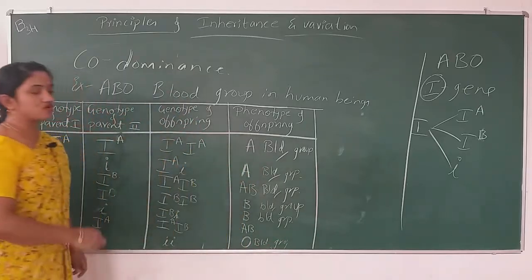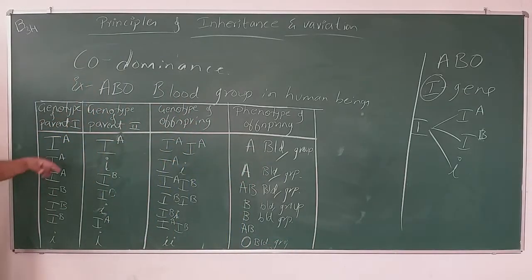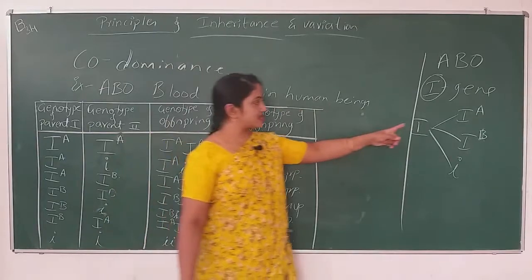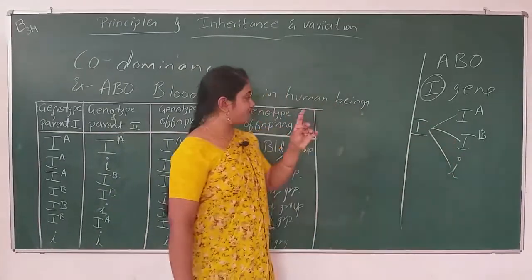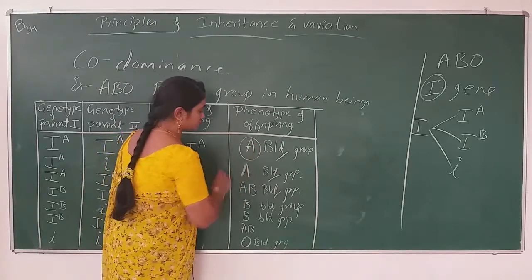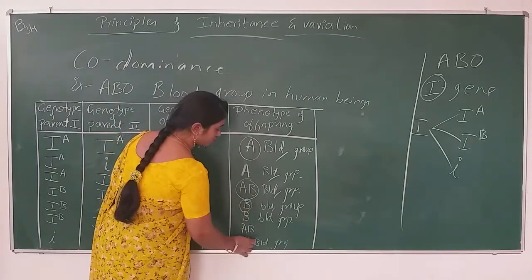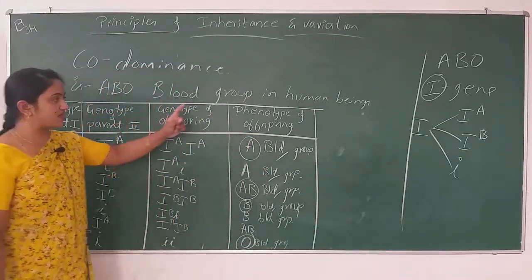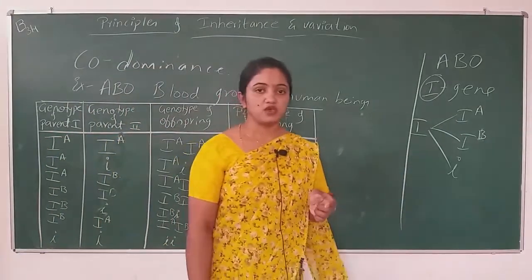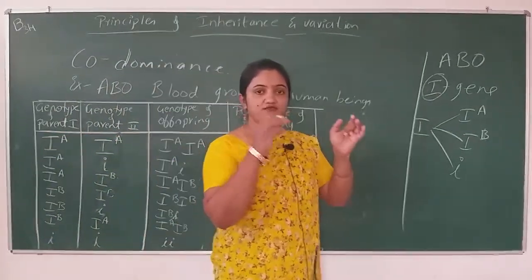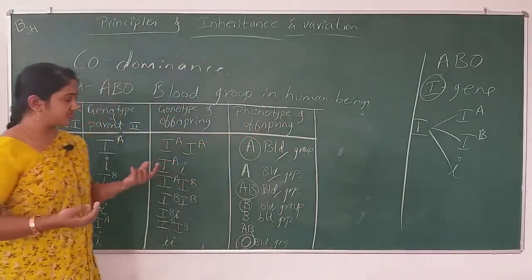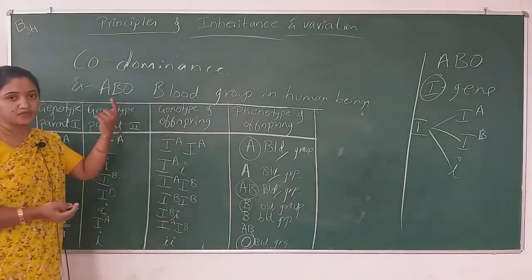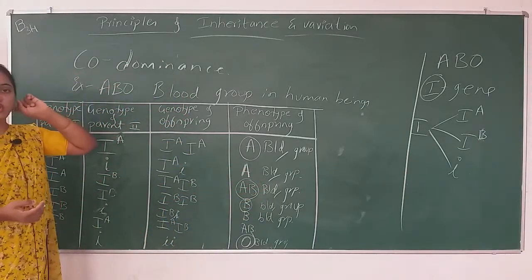So, this is how we distinguish the possibilities of genotype and phenotype of human beings. There are three alleles. There are 4 types of blood group: A blood group, AB blood group, B blood group and O blood group. 4 blood groups, 6 possible genotypes and phenotypes. So it indicates what? When the organism has genes in heterozygous condition, they both express. That refers to co-dominance, equal expression of characters.